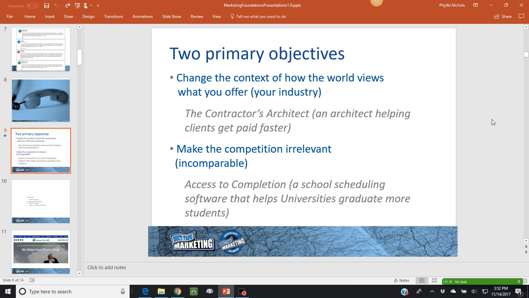Change the context of how the world views your business. John in the Duct Tape Group talked about an architectural firm that he worked with. Just a small architect firm. They worked with a lot of contractors and remodelers that worked primarily in commercial construction, like office buildings and hospitals and things like that. And so they were marketing themselves as architects and then talking about their proficiencies and their capabilities and of course, having a portfolio of work that they'd done in the past.